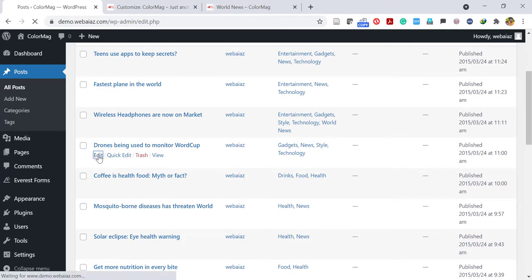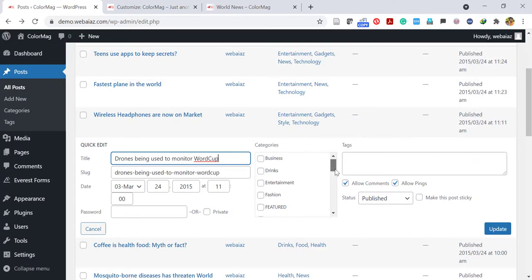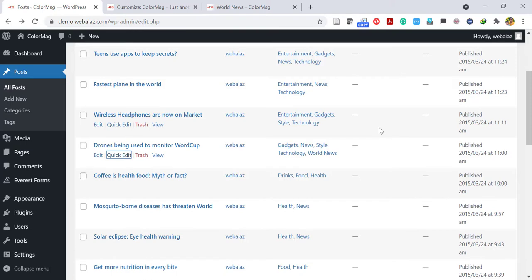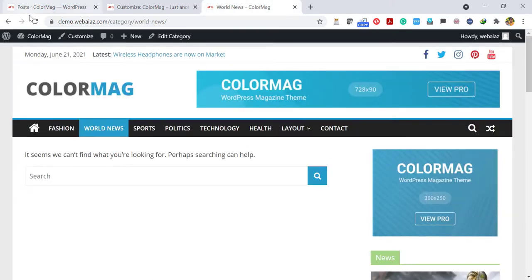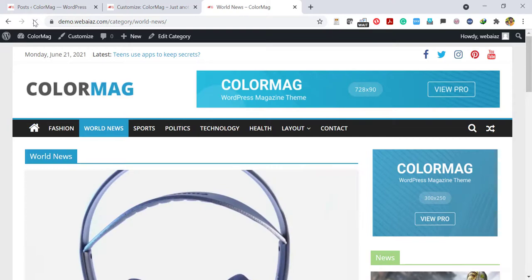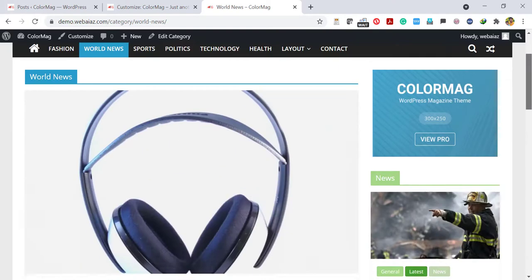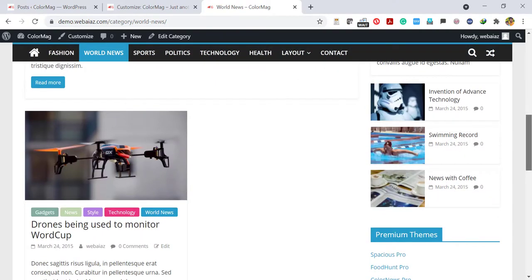And I am selecting another news also, and here also I am adding world news and save. Then once I refresh the page of world news, it will display the selected news items.